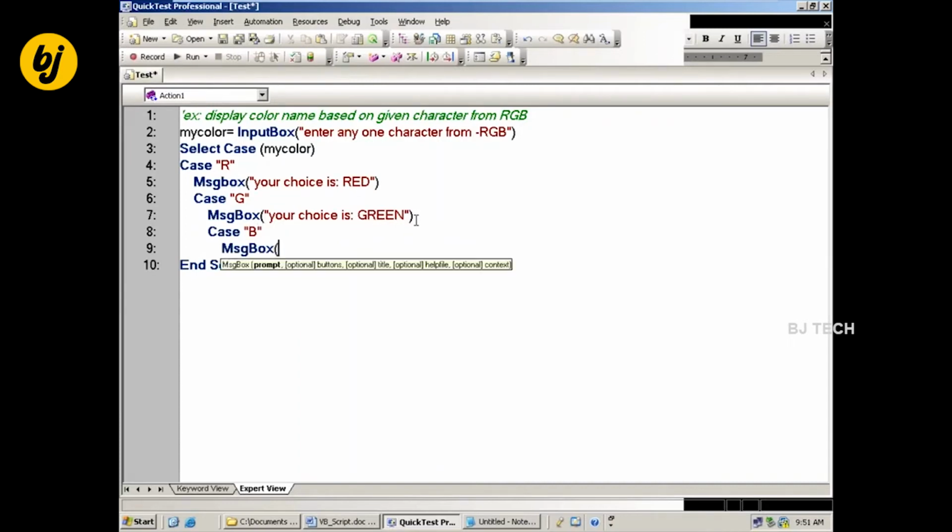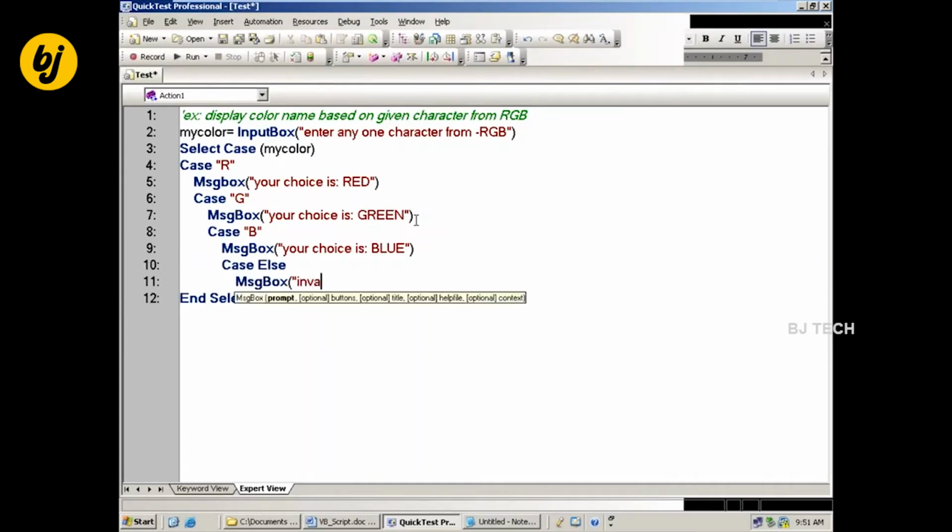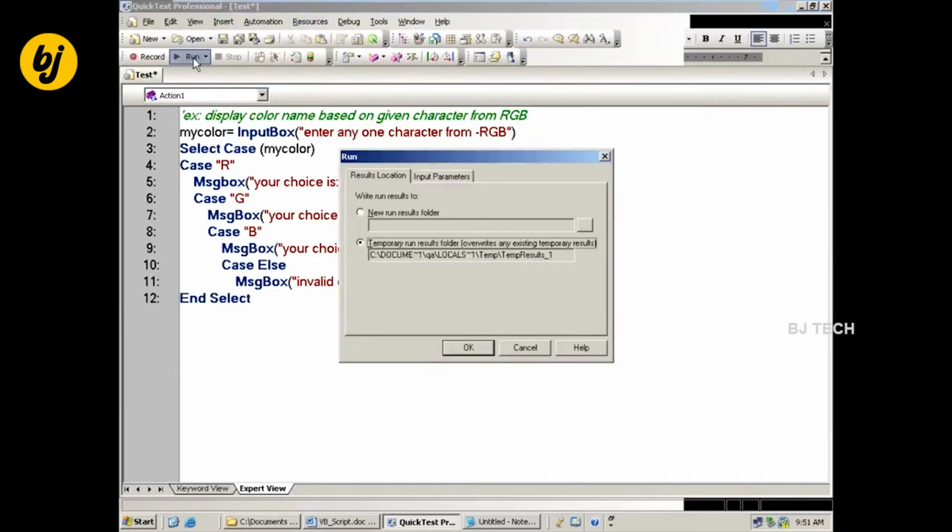Case B: message box, choice is blue. Case else: message box say that invalid entry. Like this.